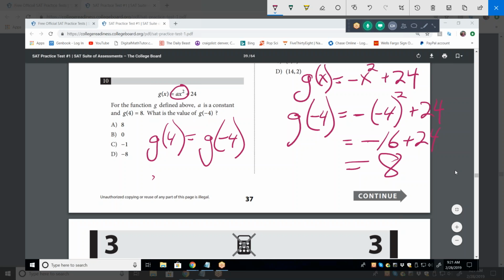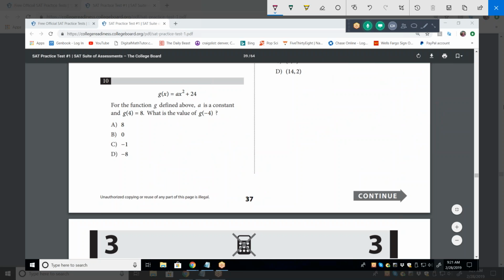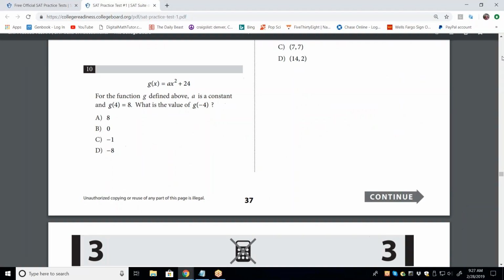I could say that with any number. G of 3 has to be equal to G of -3. Because this comes out the same regardless of whether you plug in a positive or a negative number for x. So it really was not necessary to calculate A. But that's the purpose of the medium or harder problem, is that there's the normal, tedious, slow way of doing it. And then there's a shortcut way where you spot it. Okay. It isn't always easy to spot, but